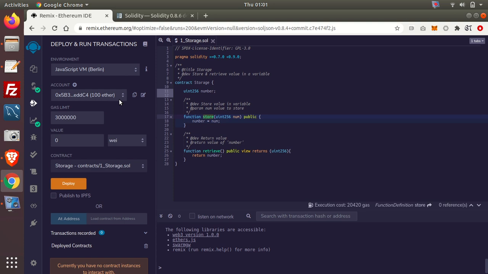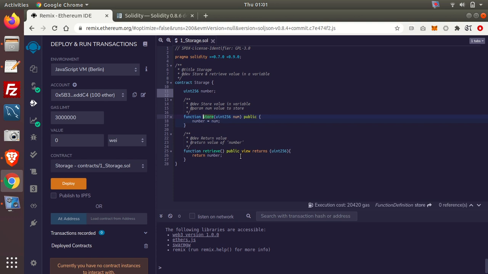So when we'll work with real blockchains, just to be able to deploy a contract and run that contract transaction, we'll need some cryptocurrency balance in our accounts, and these accounts are what we will have to use as a part of our